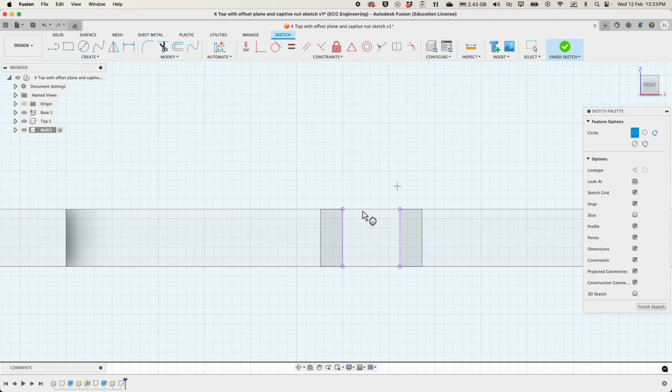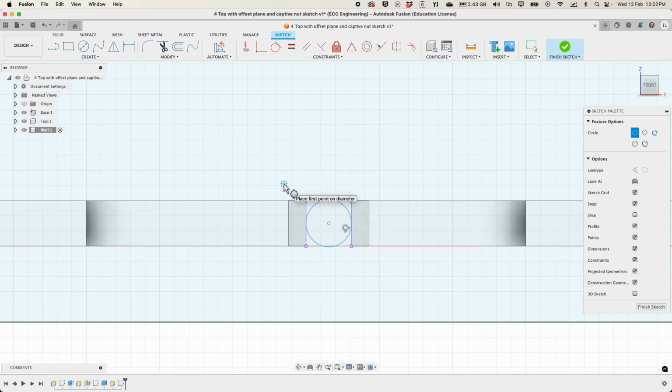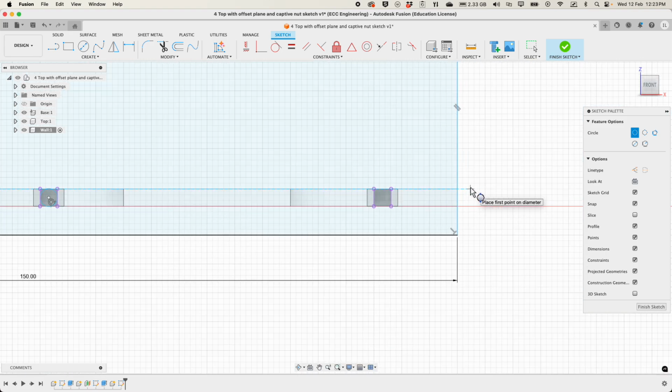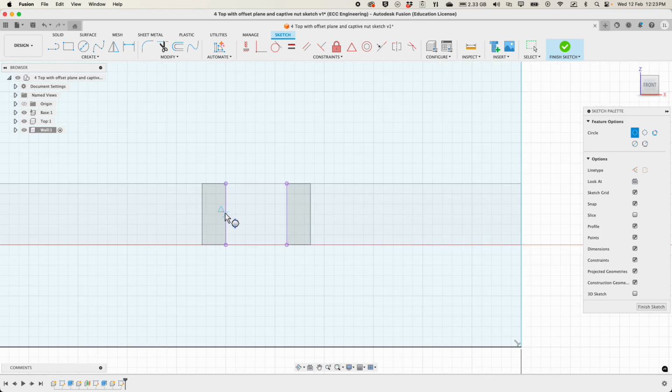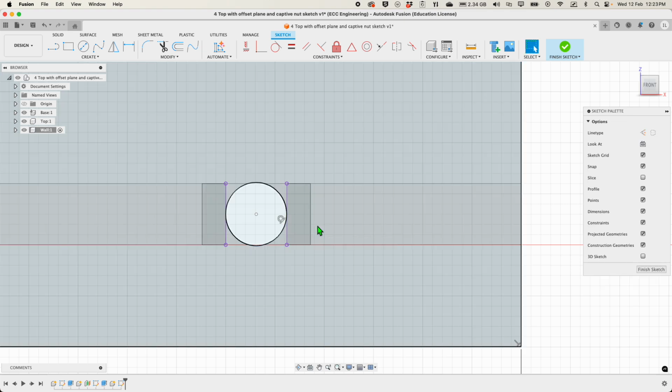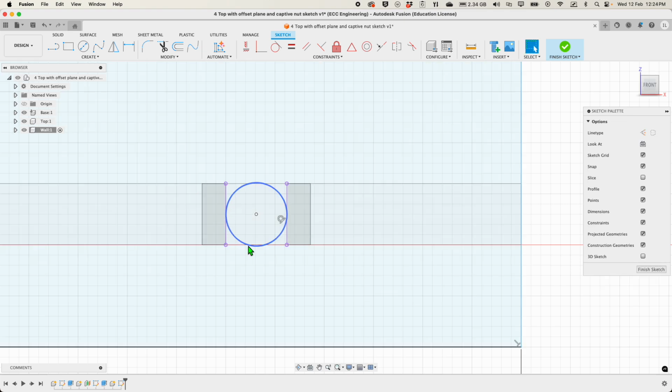Let's get to this one. So center again. Click. And click. Next one. Click. And click again. So some of the eagle-eyed among you may actually notice that the circle is actually a